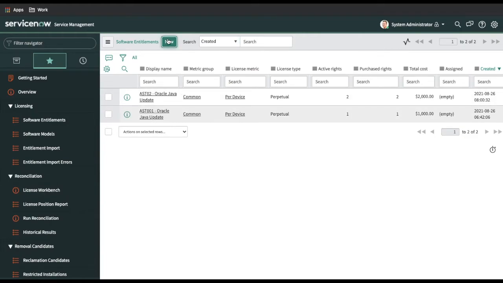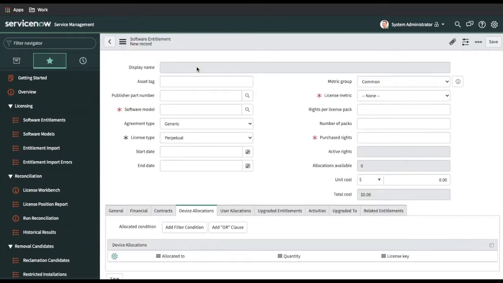I'll quickly create one manually here, because I'm not going to go through the procurement process again.